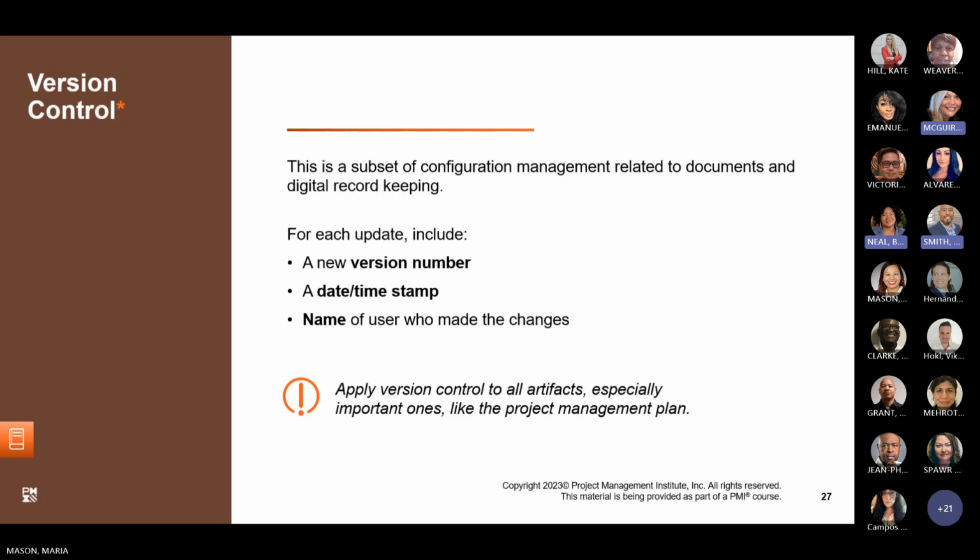Applying version control is critical, like I said, to being able to go back. Sometimes you think, why do I need to do that? It's this extra step, but trust me, it is a very critical part of the process. So don't skip over it, because the very time you think you won't need to know when something happened is the very time it will come back and bite you. So just take the extra minute to make sure that information is included. The version control is a part of your tracking. Next slide, please.